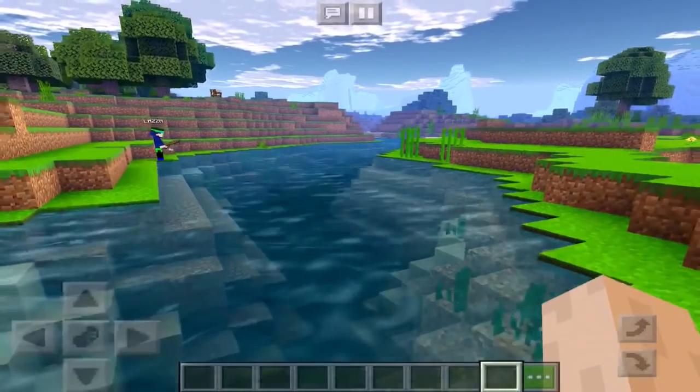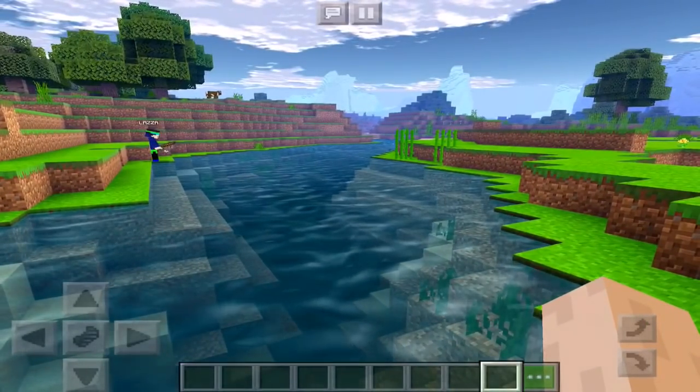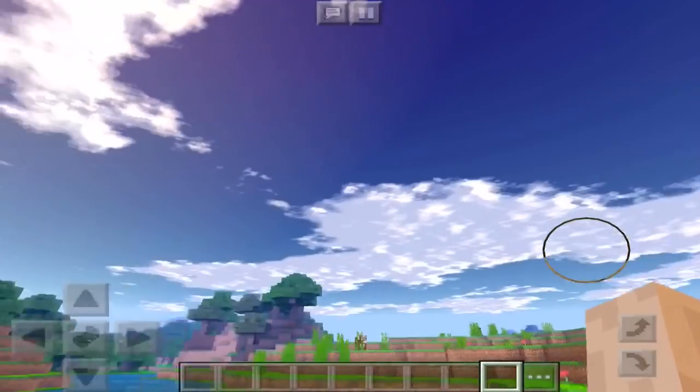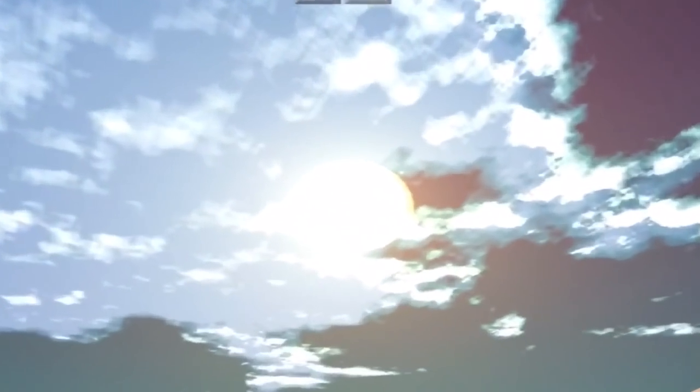But anyway, the water is pretty realistic, which is always very nice in a shader, and just loading up to it, you can see it just looks amazing. The clouds are a bit epic. Look at that. Ooh,